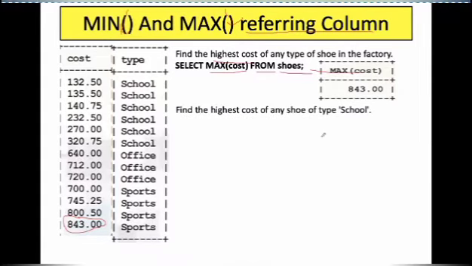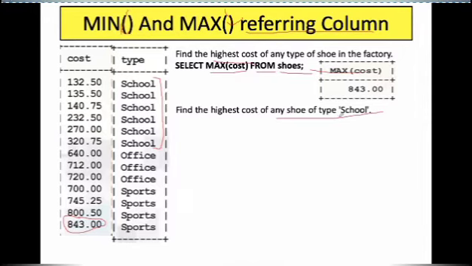Now, highest cost of any shoe of type school. Now we are restricting ourselves. The where clause is used to put a restriction on the selection of rows on which the query should operate. What does the where clause do? It puts the restriction.